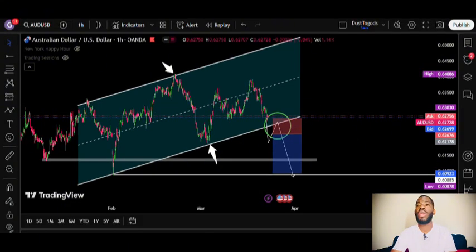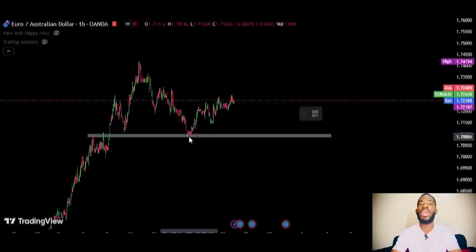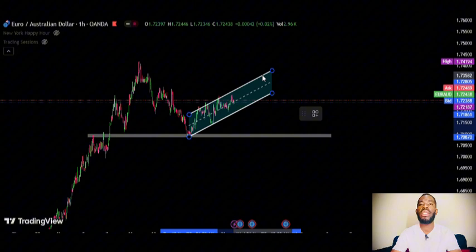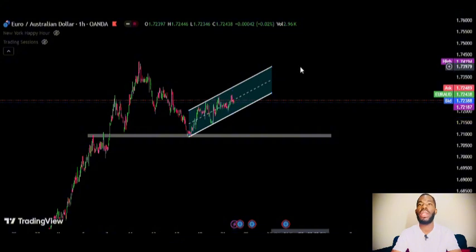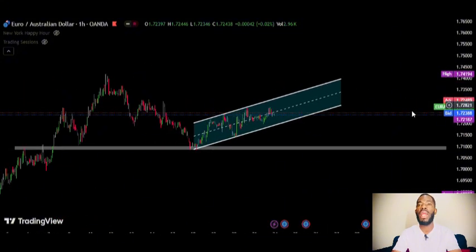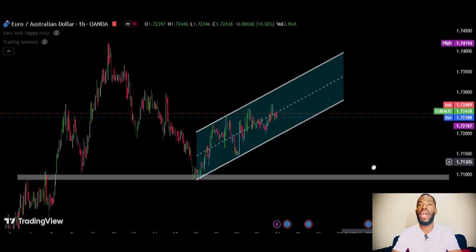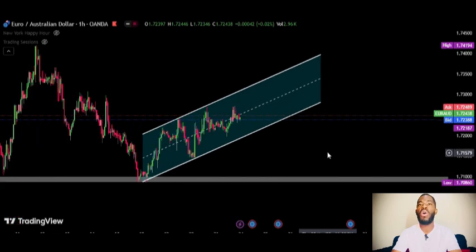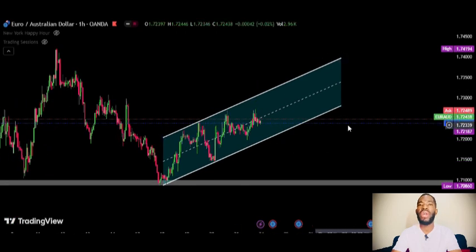All right, so let's move on to the next asset. We draw our support here of the channel and drag it. You can actually see that there is a channel that is formed here from last week, Euro AUD. So this looks like an uptrend, all right, but there are three ways, as I've already explained to you, of